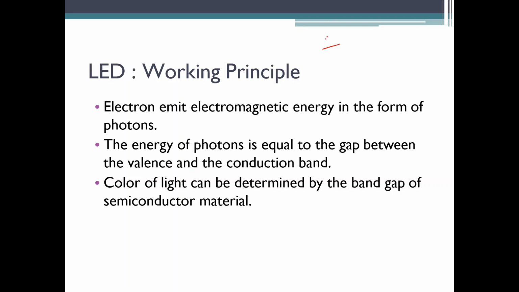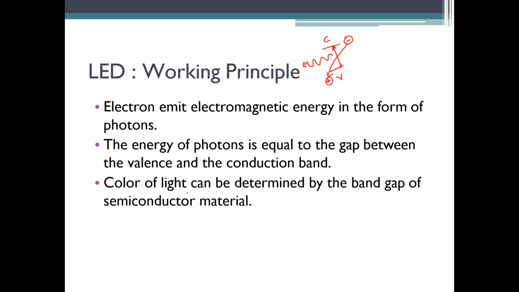So this is the conduction band, this is the valence band. So I have electrons, I mean holes here, and you have electrons here. So this electron should combine with the holes here. So if the electrons have to combine with the holes, they have to jump from the conduction band to the valence band. The extra energy gap, whatever it is having here, that should be given up, and the energy that is given up will be in the form of light. The energy of the photons is equal to the gap between the valence and the conduction band. So what are photons? Photons are nothing but light, particles of light.